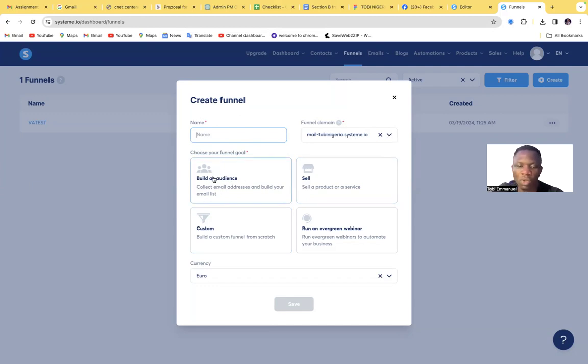So what's your goal? Is your goal to build an audience, or do you want to sell to your customers? Or do you want to create a custom goal, or run an evergreen webinar? An evergreen webinar is a webinar that you use to generate leads. Each time a new client or customer finds it online, they see it as a webinar that is just being posted, or a current webinar, but meanwhile, it has been done for a while. All right, having said that, once you fill this in,